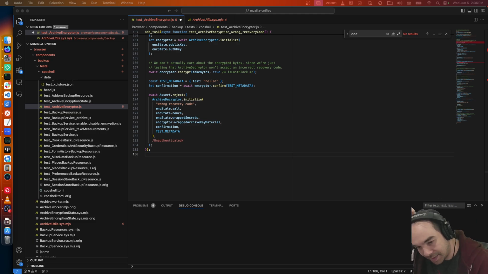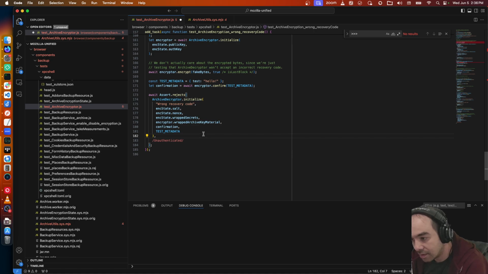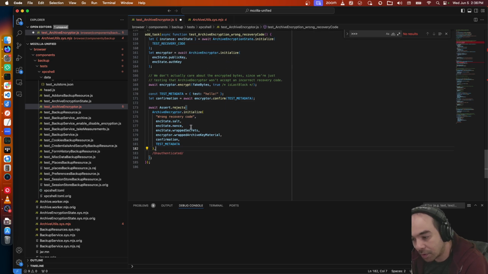I'm not sure how we test that. The archive decryptor will not construct without the right recovery code. So I'm not sure how we test that.